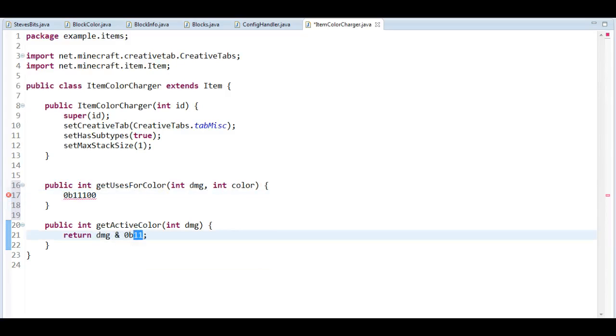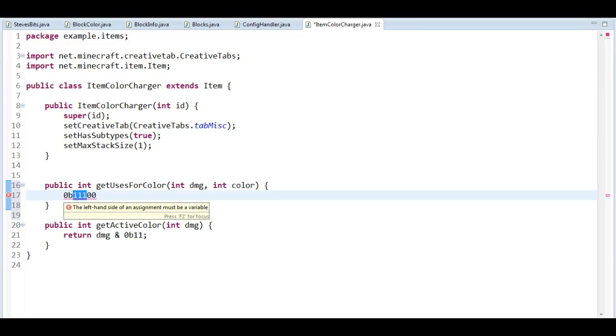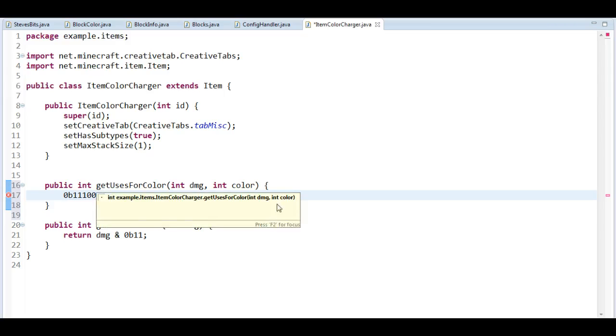That hasn't anything to do with the uses. And then we use 3 bits here to define the 3 bits for this specific color. However, this is just going to be the case for one of the colors, right? Yeah, that's exactly the case. So what we want to do is move this. We want to shift this to the left, so we move it up to the other colors if we have